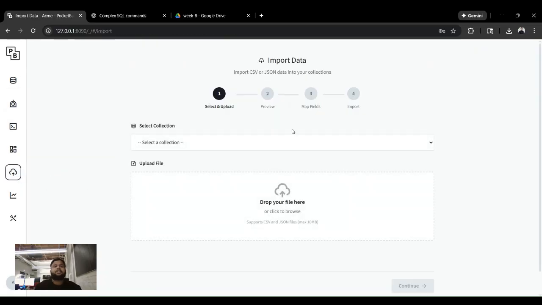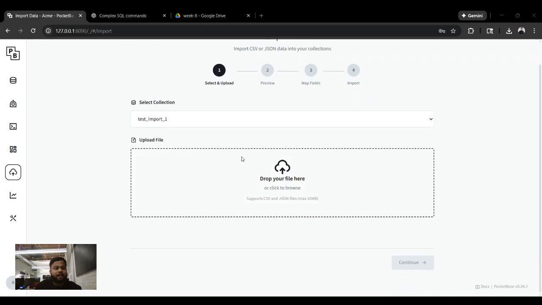Along with this, I checked on this GitHub repo that there was no import data feature. Generally we have data in either CSV format or JSON format, and there was no way to upload data directly. There were some third party things, but having something inbuilt makes sense, right? So we just select the collection here, and you can just upload a file here. For example, let's upload the employees file here,